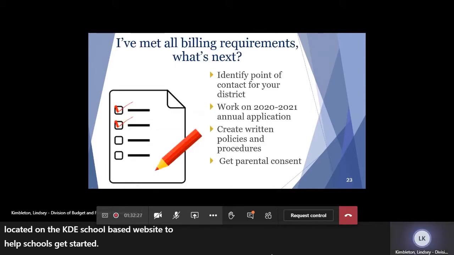So your district's met all the billing requirements. So what's next? We request that every school district submit expanded access contact names to the school-based email. We want to ensure that all communications are sent to the appropriate contacts. Please remember that even if a district chooses a new point of contact for the expanded access program, the special ed department still needs to be involved. We want to make sure that special ed is helping guide the process because they have the most background in the program. Also, we are excited to announce that KDE SBHS annual certification application will now be submitted electronically.